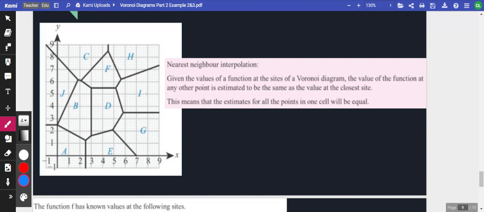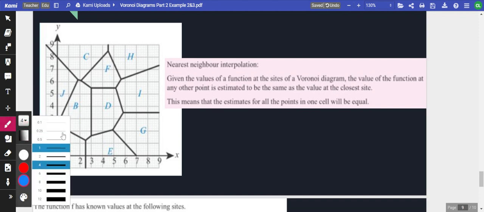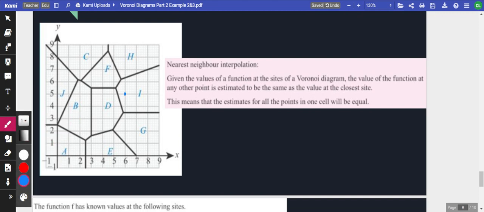That might sound a little confusing, but think of this. Pretend all of these are weather stations. So all of these are different weather stations put up in a city. This weather station measures the weather in this part of the city. This station H measures in this part of the city. So if you wanted to know what happened at this specific point right here, what the weather is at this specific point,